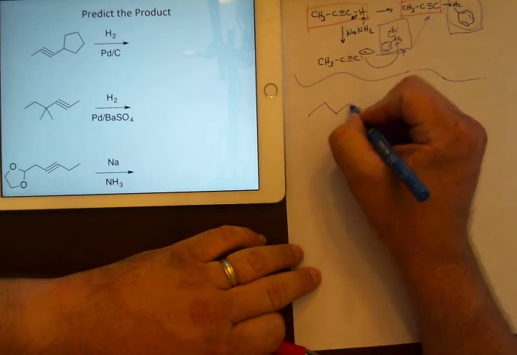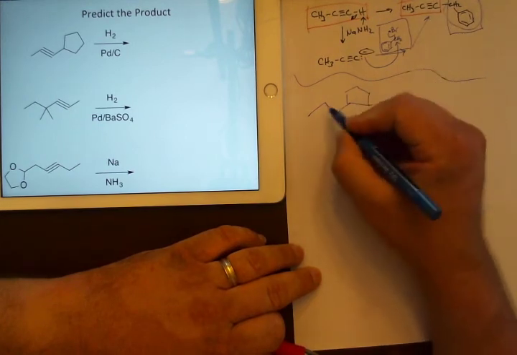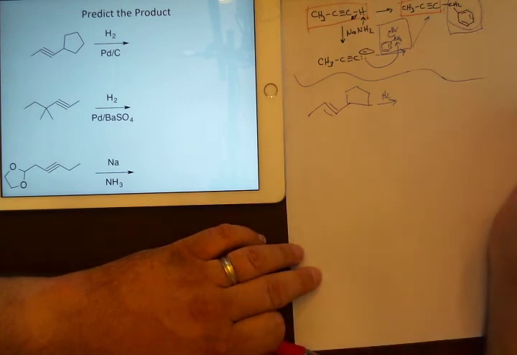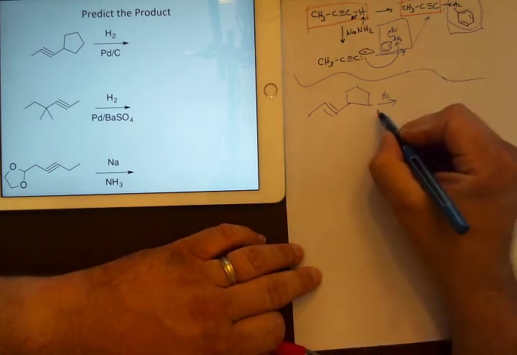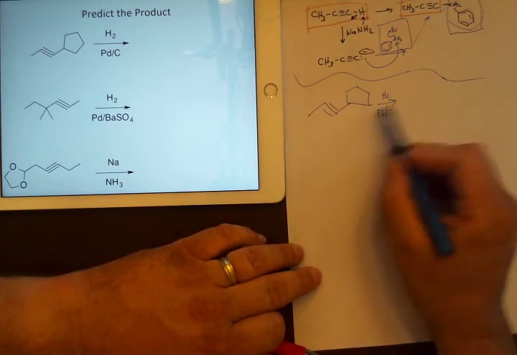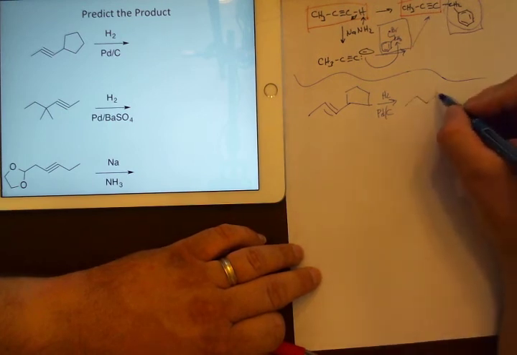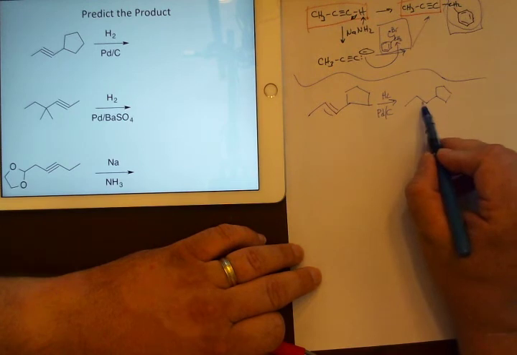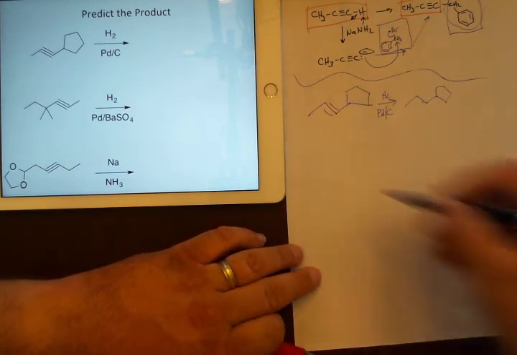So if you do regular hydrogen, and you can always assume that the hydrogen's in excess, so palladium on carbon. So it's just regular palladium on carbon, so you're just going to add hydrogens, and you go from a triple bond to a single bond. Okay. So with this one,